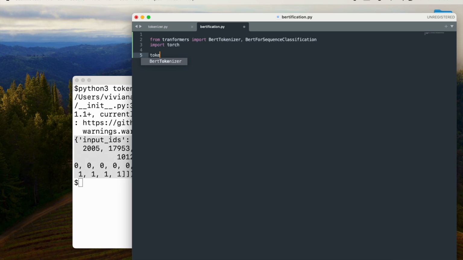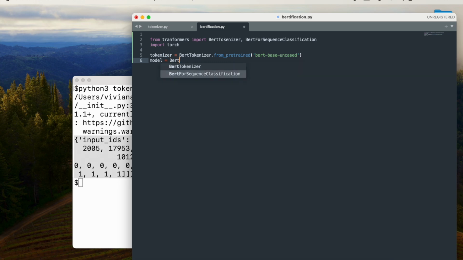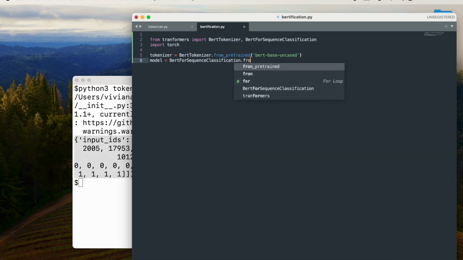Now I'm going to create a variable called tokenizer and use the BERT tokenizer from pre-trained, and I'm going to load the pre-trained model, which is the BERT base uncased, which you have probably used in the previous example that you've seen. Next, I'm going to get the model and say BERT for sequence classification and use from pre-trained. In this case, same thing. Copy paste easier. Next, I'm going to pass some text. I'll use the same text from before,